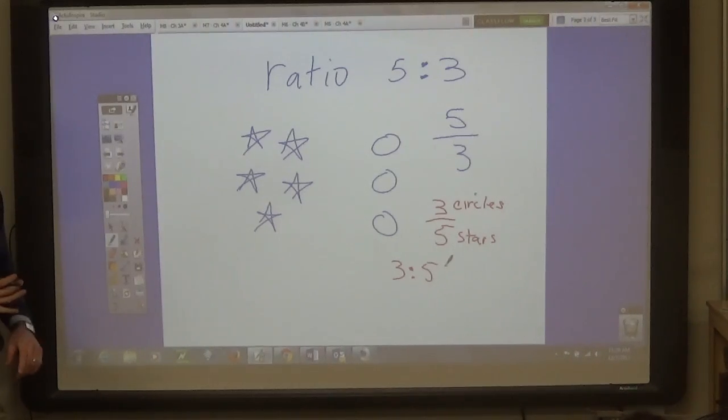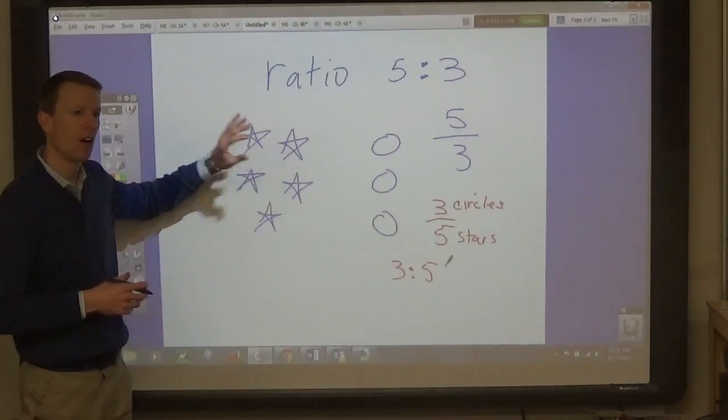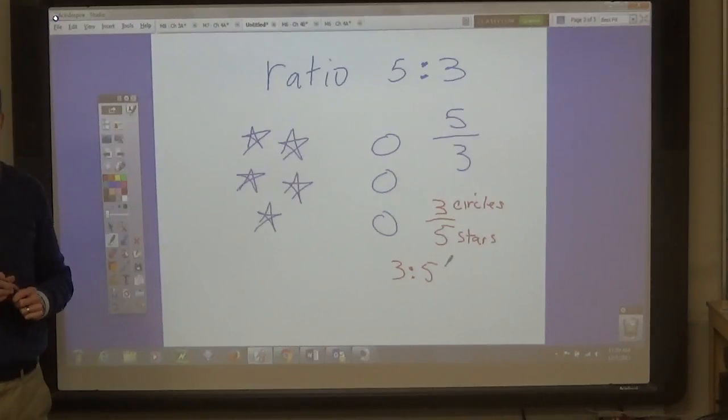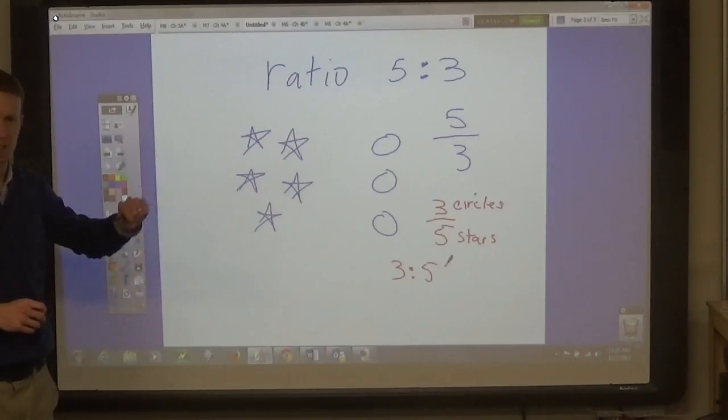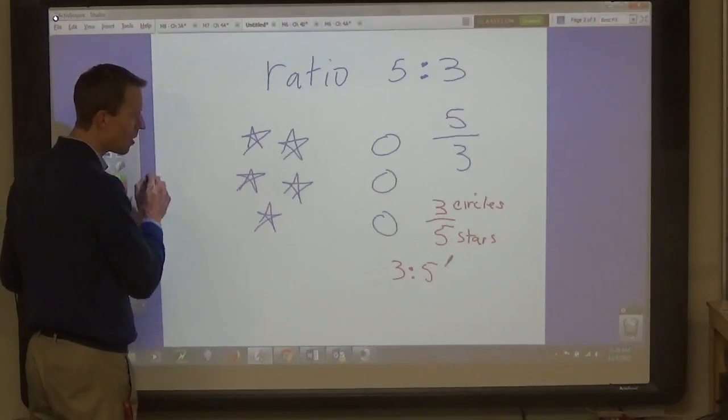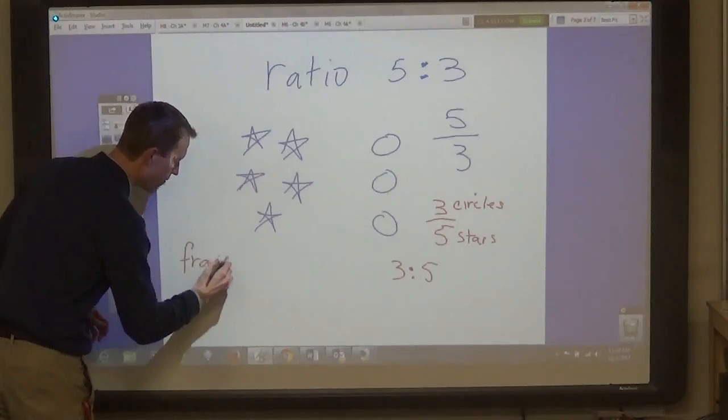Now, what amount of objects are stars? How would you answer that in a fraction? What amount of the objects, or how many stars are there out of the total? What fraction of them are stars? Nate? 5/8. 5/8. So when you're writing it as a fraction